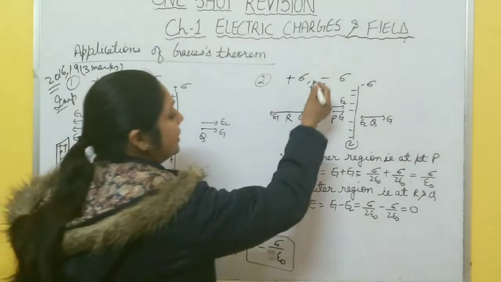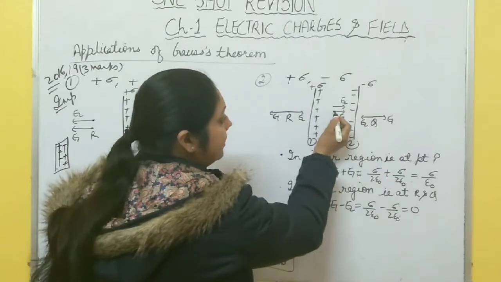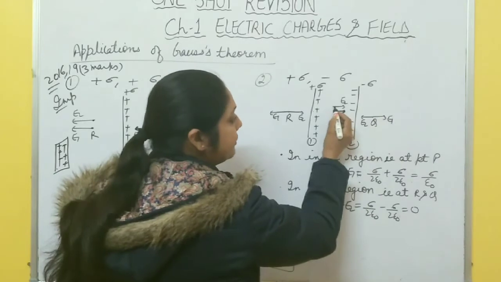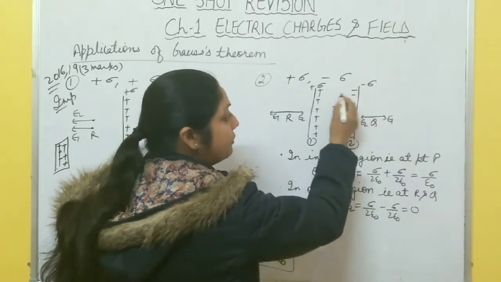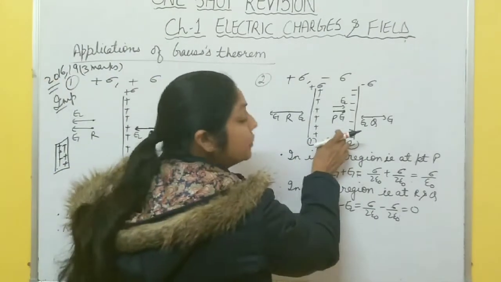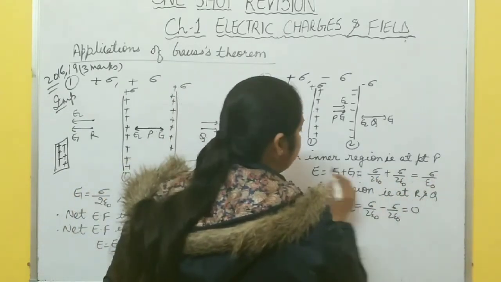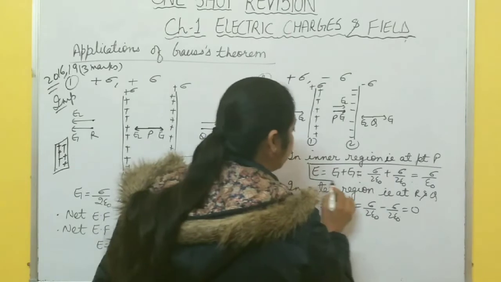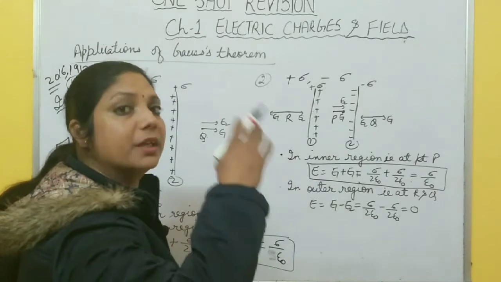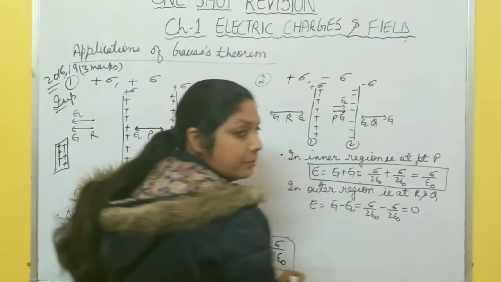Now, second case, if one plate has positive charge density and the other plate has negative charge density, then in between the region, due to this positive plate, field is in this direction. Due to this negative plate, field is also in the same direction. So, total field is not 0 in this case. Here, total field was 0. But if there are two oppositely charged plates, then total field must be added, E1 plus E2, and it becomes E equal to sigma by epsilon naught. And this principle is used in case of capacitor. Having plates, equal and opposite charges are there. So, total field inside the capacitor is equal to sigma by epsilon naught.